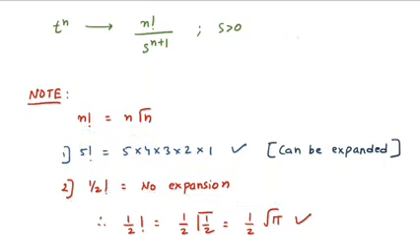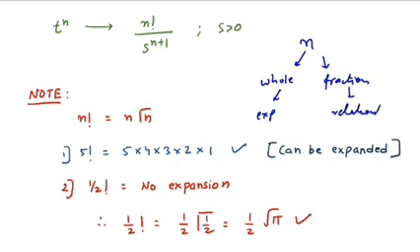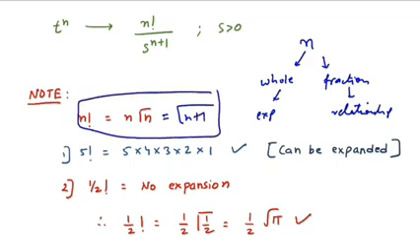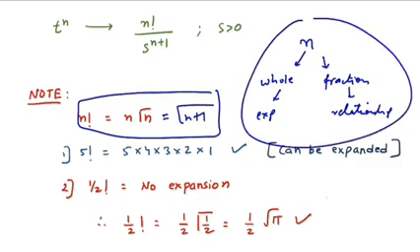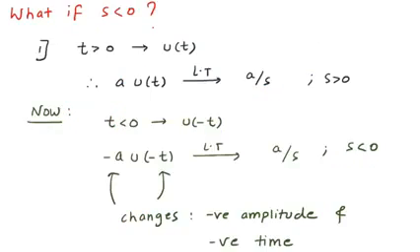So the final conclusion: if your n value is a whole number, then you can do the expansion, no problem. But if your n value is a fraction, then you have to use some relationship, and you will get the answer, right? And you have to make sure you know one more thing. N factorial is n gamma n, and it is also equal to gamma of n plus 1. So this is the complete relationship between the factorials. Make sure you are writing this down, and also gamma half is root pi. This is the important result. Up till now we have seen all the standard results for t greater than 0.